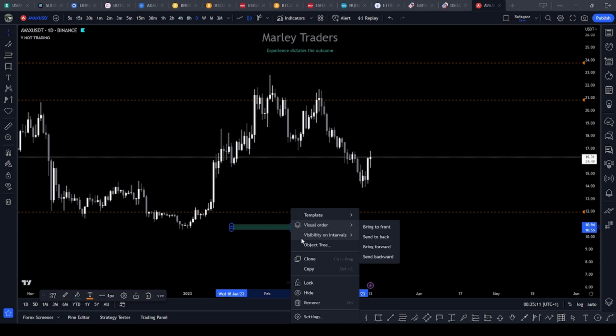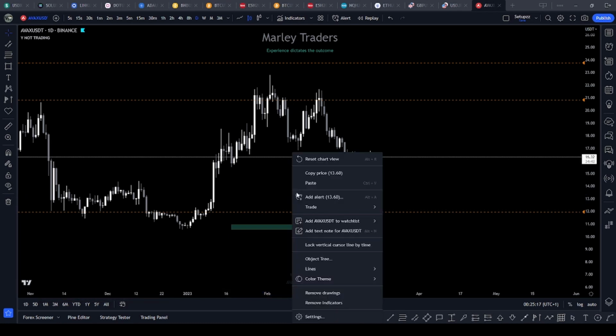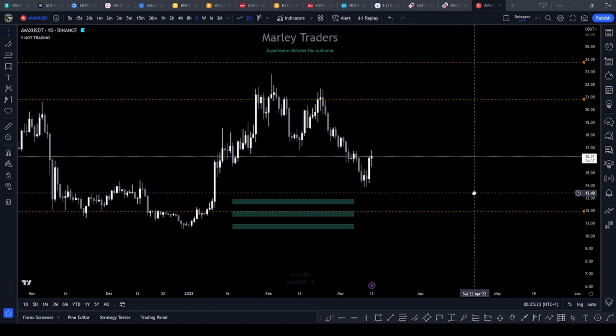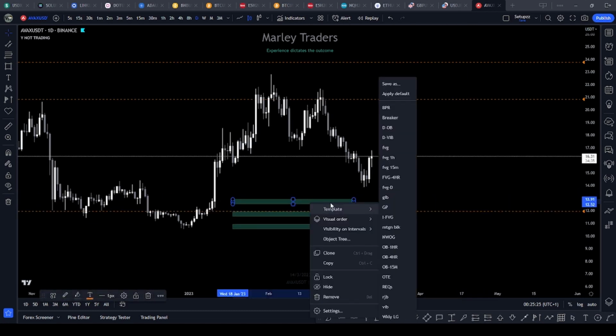Either you copy or you clone it, right? So what do I want? These are the levels that you need to take, or rather that you need to keep